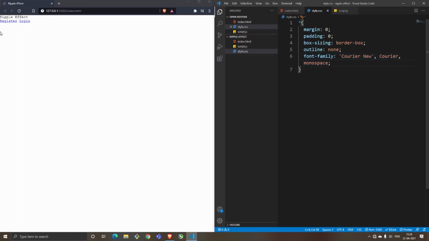So once you save it, you can see what is there. There's not much of a change. You can only see the change in the font. Next, we'll go ahead and style the whole body like how we want it to be placed and where we want it. For that, we can use just body.